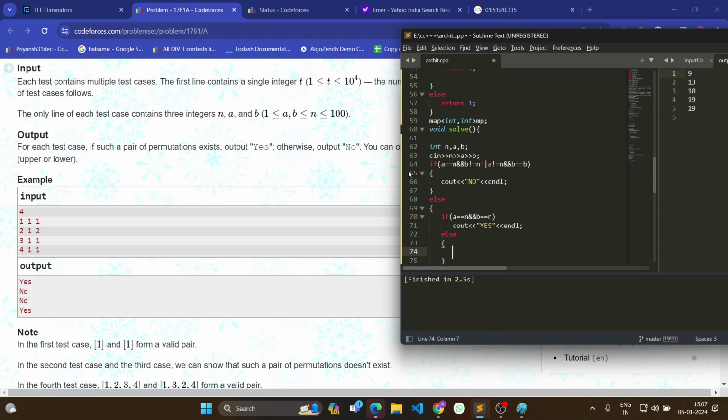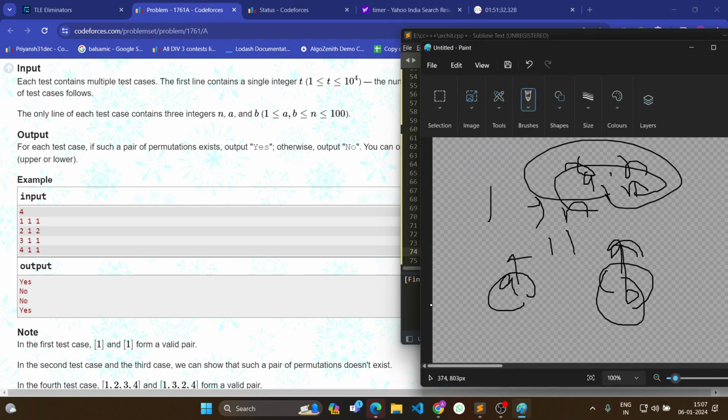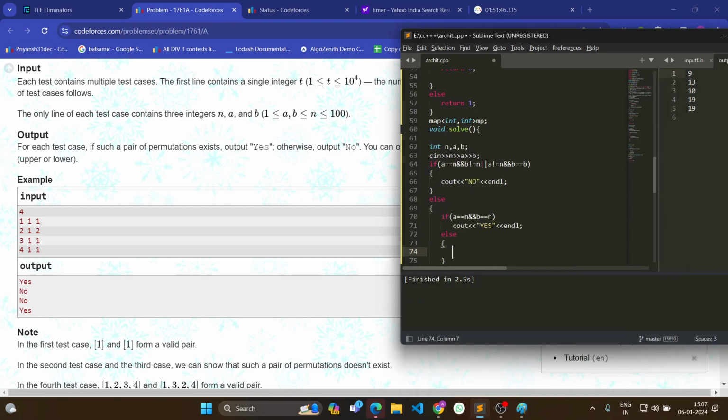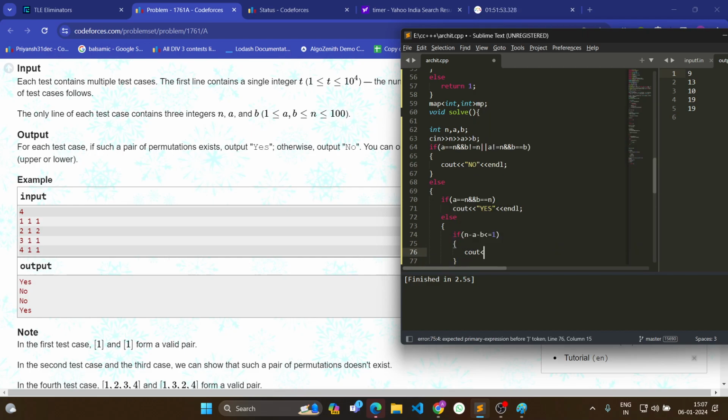क्या हो जाएगा n minus b, if it is more than 2 answer is yes, like 2 है तो अगर 1 1 कर लूँ मैं एक करूँ कुछ में तो या तो कितनी वैल्यूज पॉसिबल, 2 1 2 और 2 1, तो अब मैं कह रहा हूँ एक ये कॉमन है 1 2, एक ये कॉमन है तो यही हो गया ना, n minus a minus b less than equals to 1, answer is